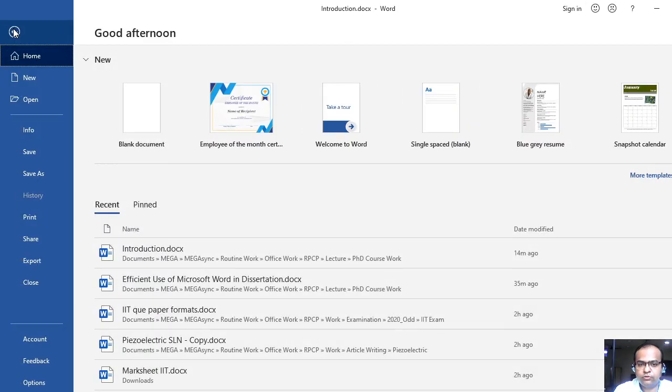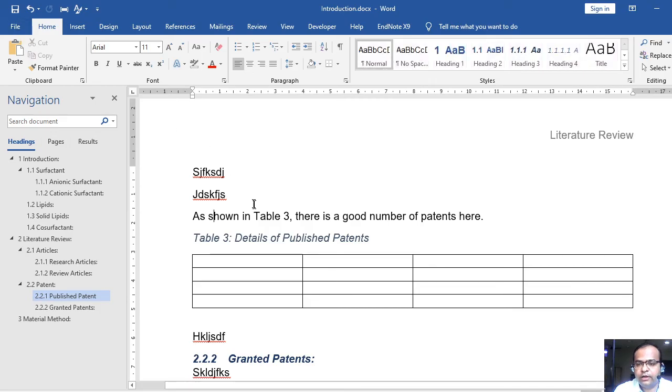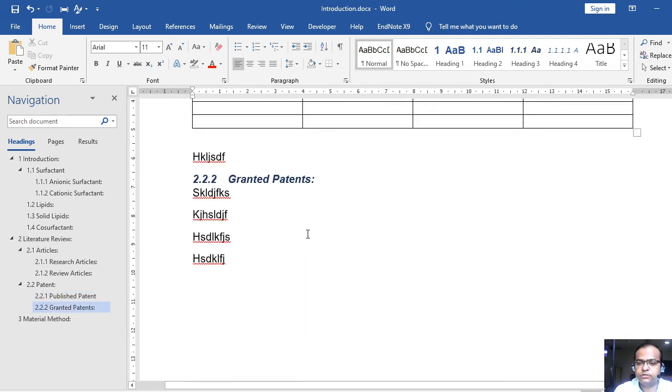I'm right now not closing it. Rather, I am going into the printing option and just going back without printing it, and look here, the numbers are updated, right? So as soon as it's table 3, there will be no error in my write-up, whether I delete any table later or add any table in my section. Okay, so this is about the table.